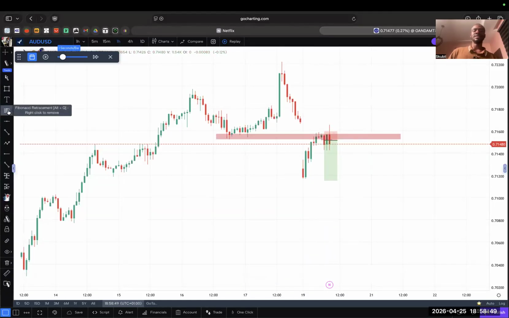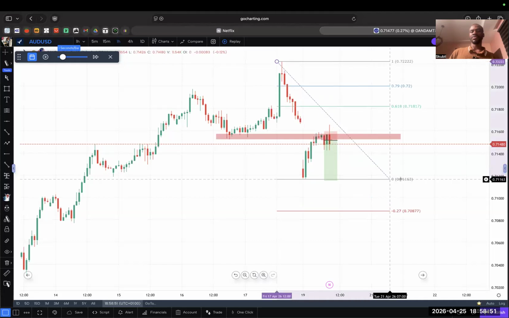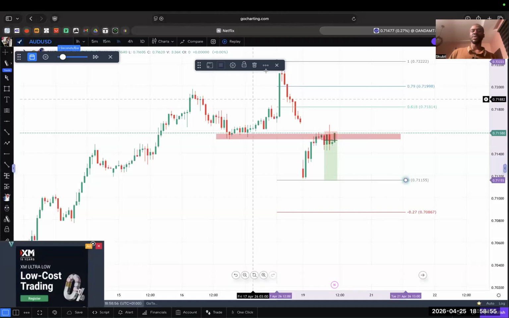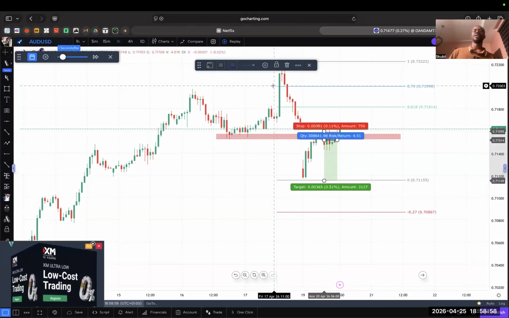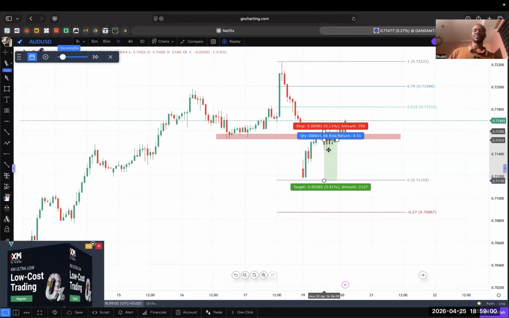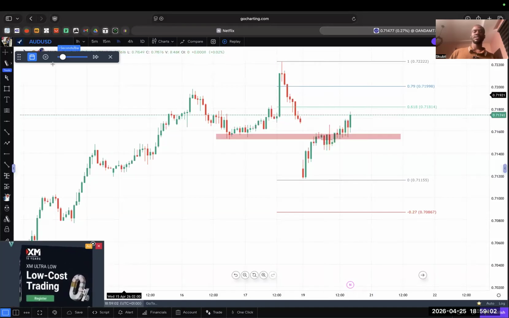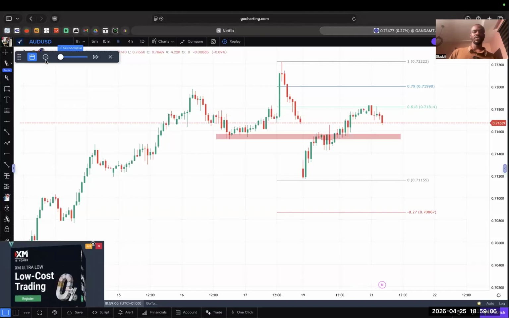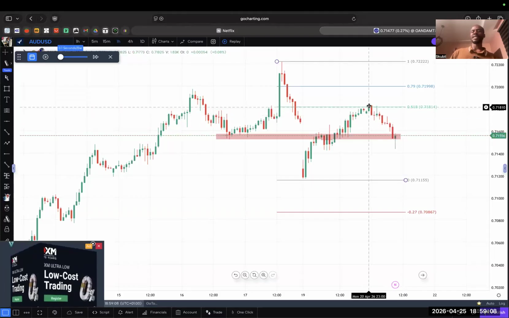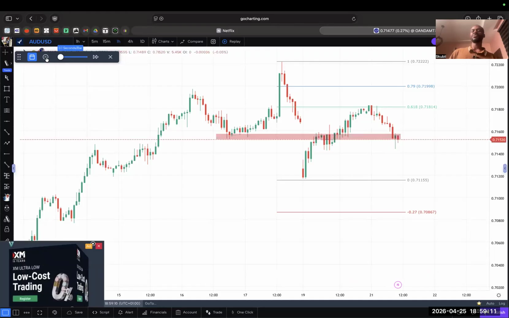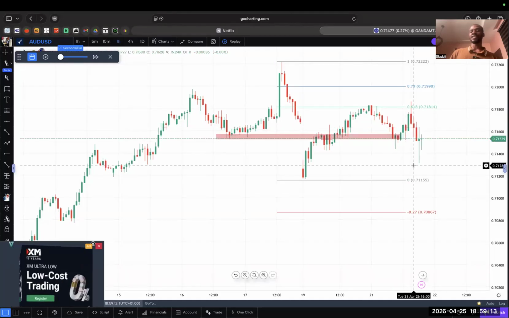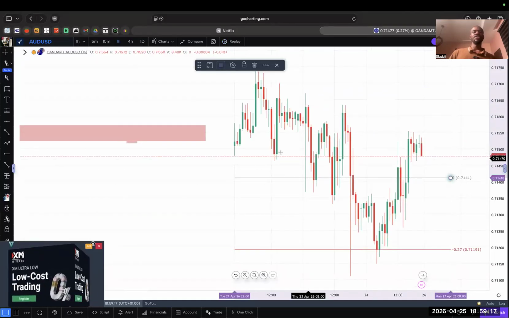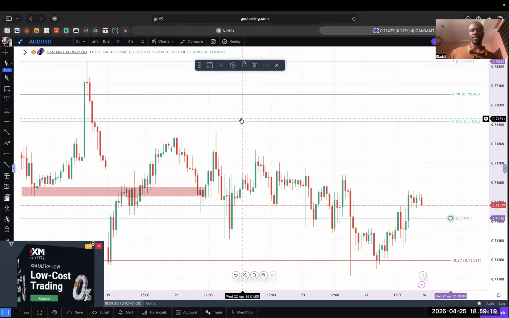And if I plot Fibonacci from the top to the low here, you see that where price eventually went to tap and react this week was actually that Fibonacci level that I was basically looking for a sell at. So look at this. Price actually tapped that 0.618. Let me increase the speed of this. So see where price basically reacted at that 0.618 level. Even when price went back up to tap that level again, you can see that it did not pass the 0.618 level, with all the shenanigans AUDUSD did throughout this week.